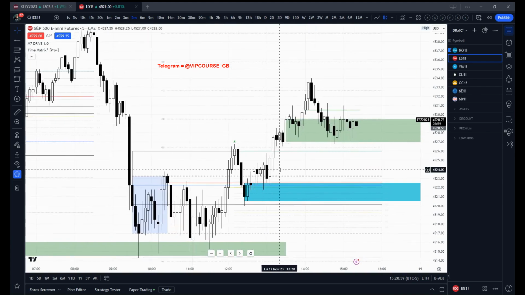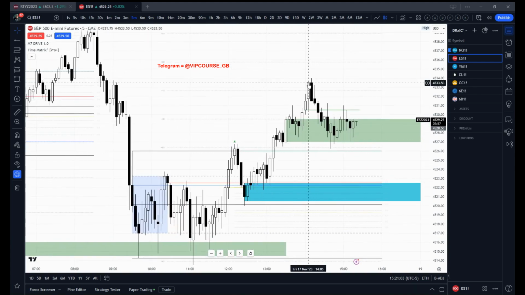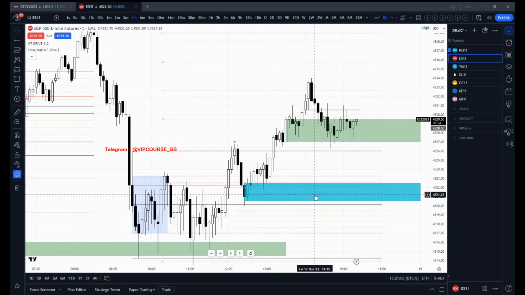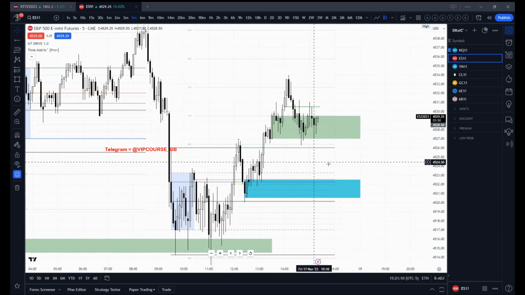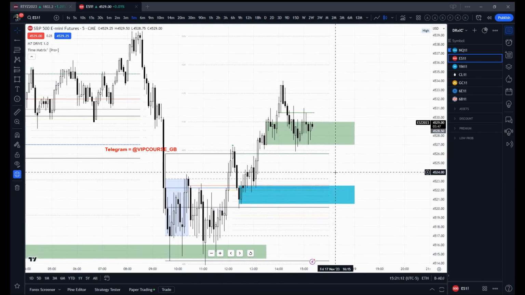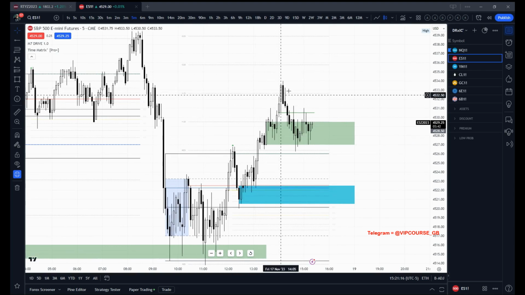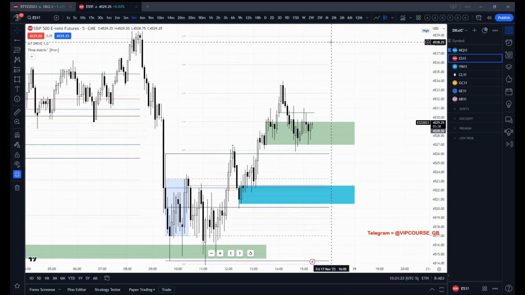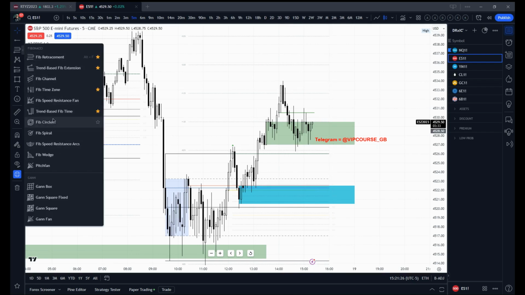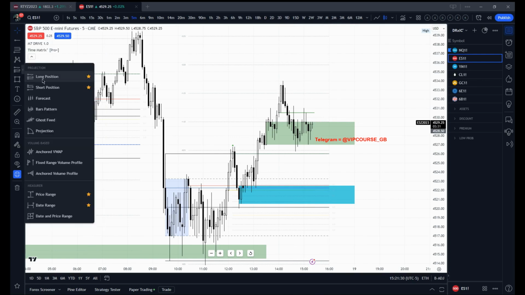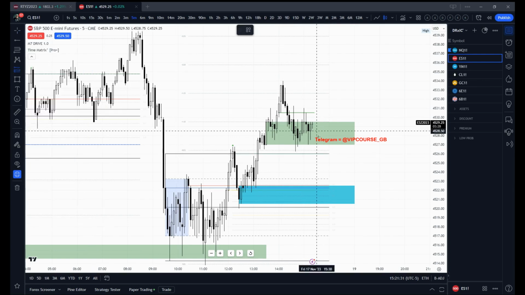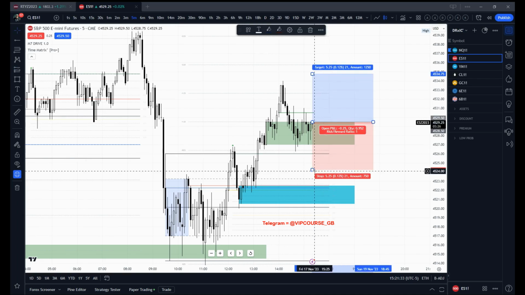My bias is long. What would data tell me now? You go back to DR Lens and you utilize these levels within narrative of what might be compelling or interesting. Did we reach our max standard extension on ES? Is there still more juice? If there is, am I looking for, for example, a long, and maybe it's not going to come back to here. So could I potentially utilize